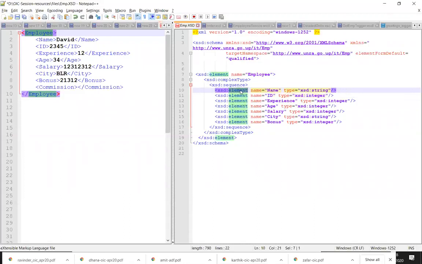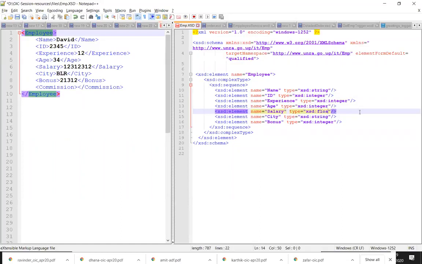And every element also has a type. It means my element name is going to carry data of type string. My element ID will be carrying integer, and my element city will be carrying string, and so on. Okay, if you want, you can also change this based on your requirement. For example, salary is not just integer, you want to make it float.